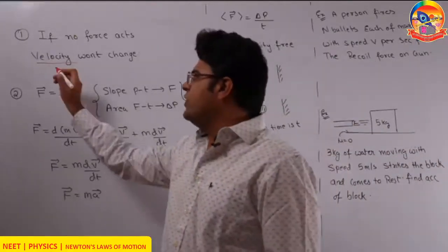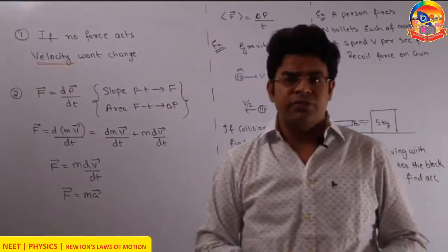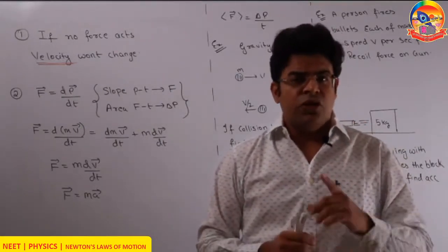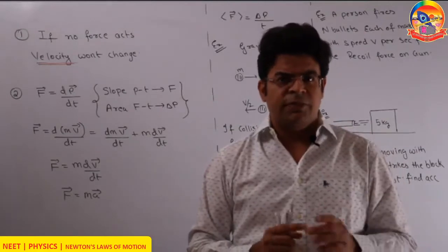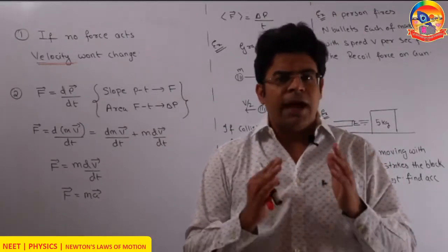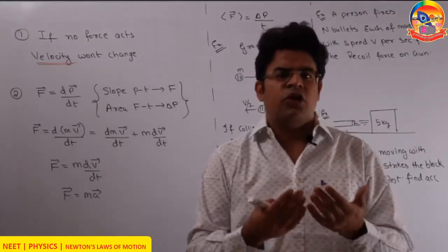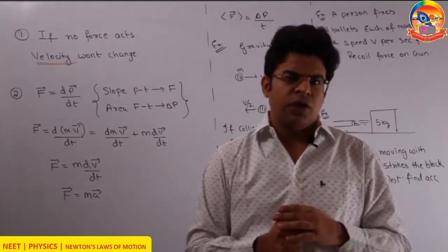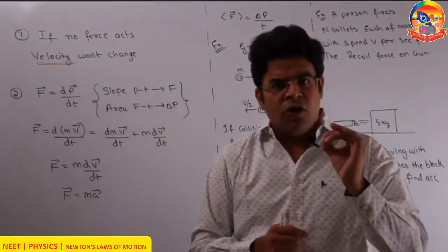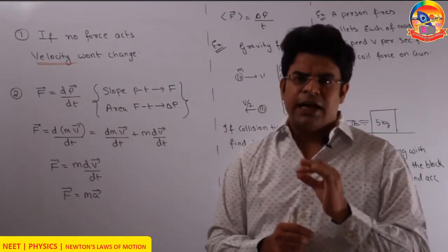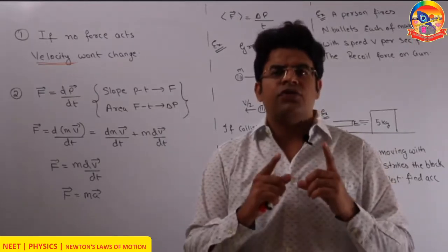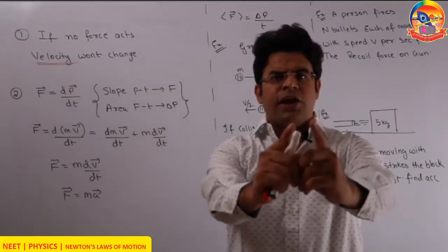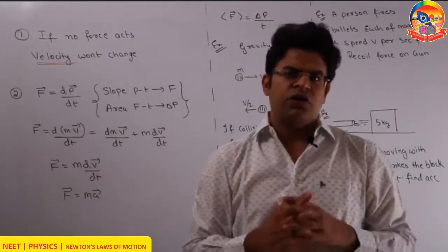Now here the key word is velocity, and velocity is a vector quantity. It has got both magnitude as well as direction. So if the direction of motion changes, it means that velocity has changed, or if the magnitude changes, it also means that velocity has changed. To change either one of them means that you are changing the velocity. The velocity of particle will only change when some net external force acts on it. If no net external force acts on it, then the particle will keep on moving in a straight line with the same magnitude of velocity. That's what Newton's first law says.